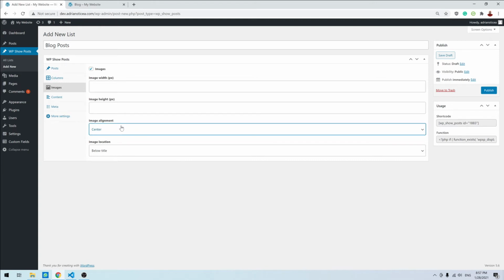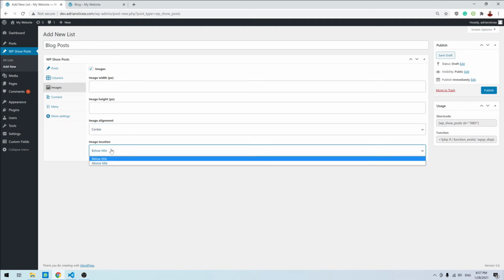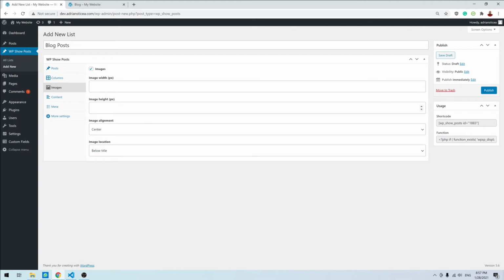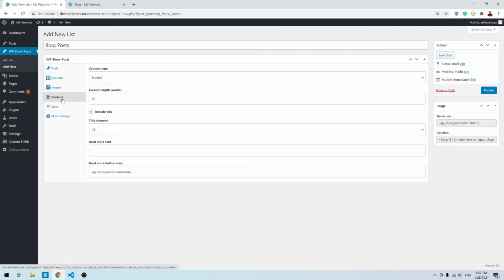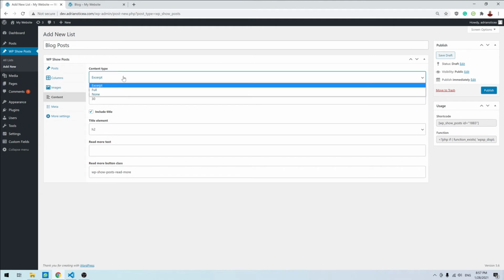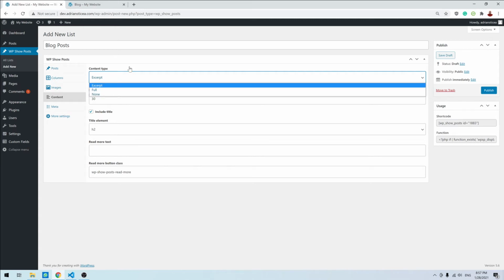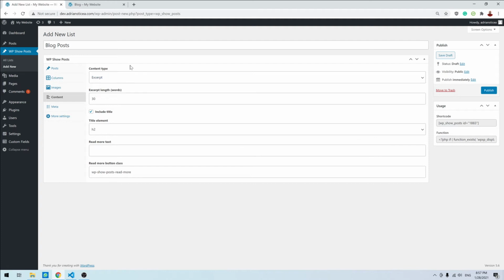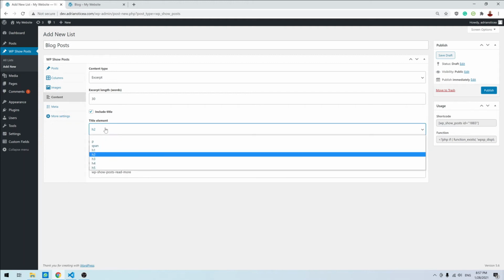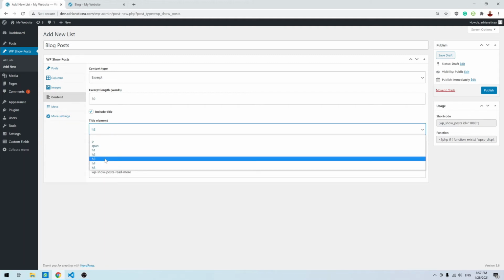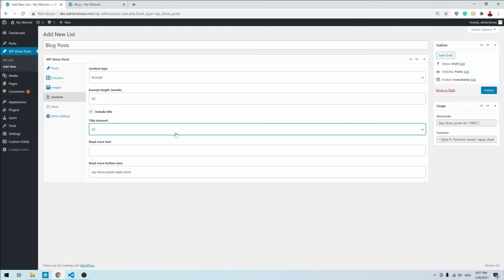Also, you can select the alignment if you want on the center, on left, on right, and the image location to be below the title or above the title. I will leave it as is for now. The content, you can select here if you want to just show an excerpt or the full content or none. If you only want to have the image and the title, or you can have only the image and remove the title altogether. Here you can select the HTML element you want the titles to be displayed on,